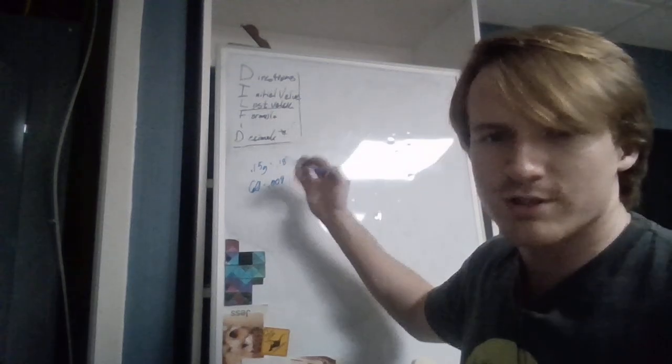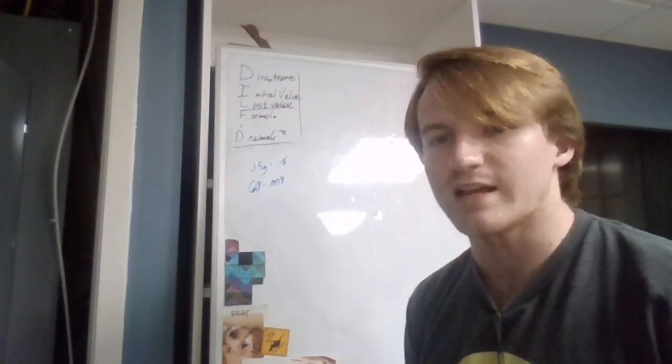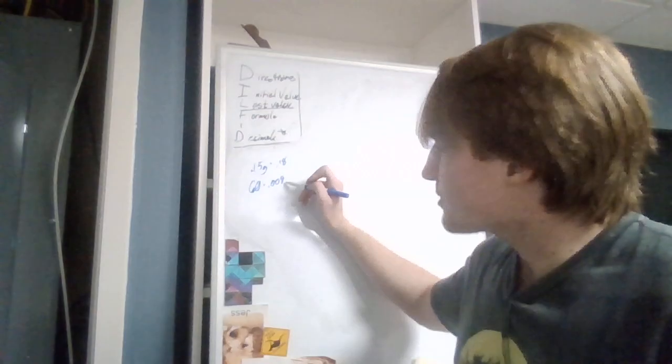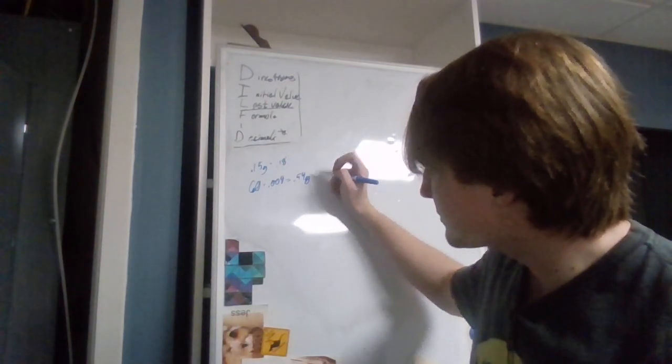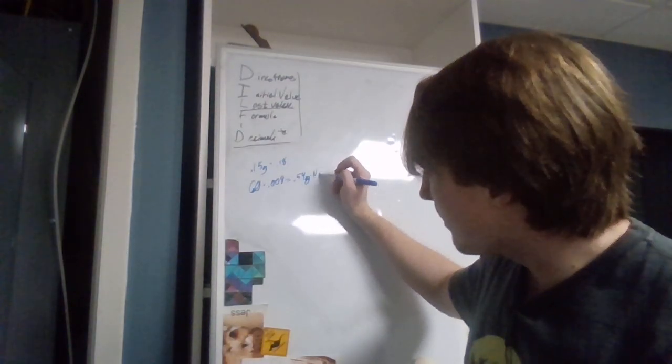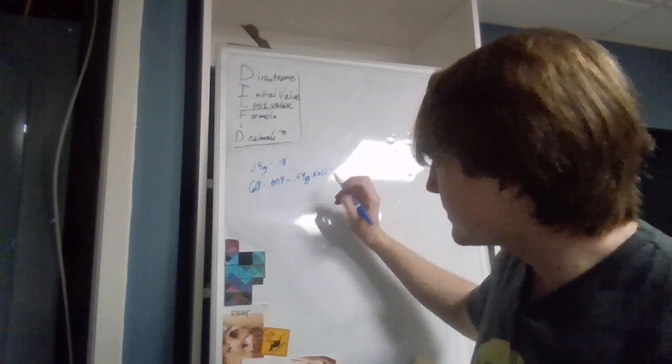This 0.009 throughout this entire thing has just been calculating the normal saline. So 60 times 0.009 gets us 0.54 grams of sodium chloride minus